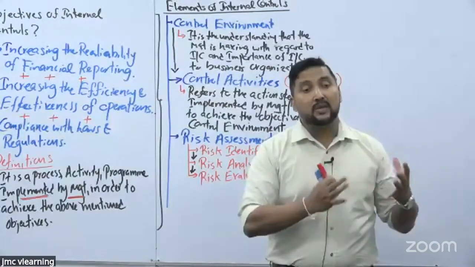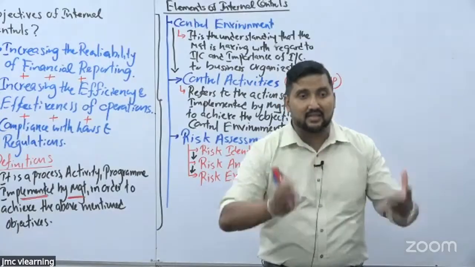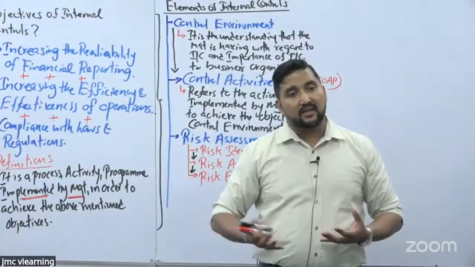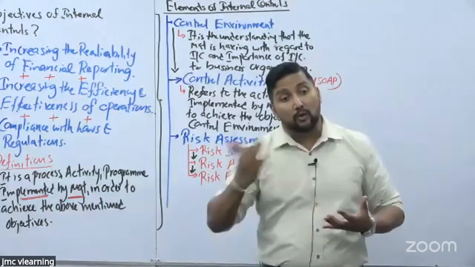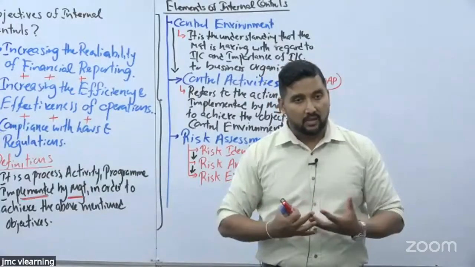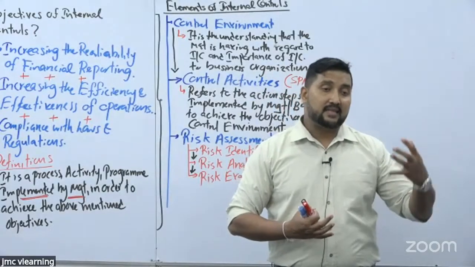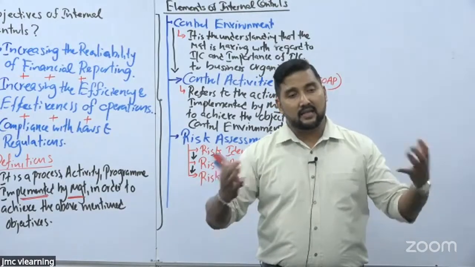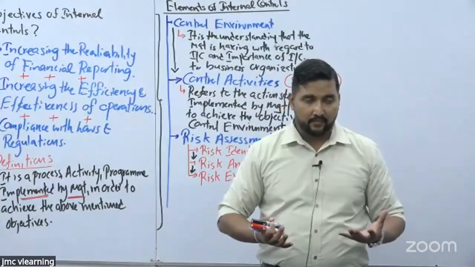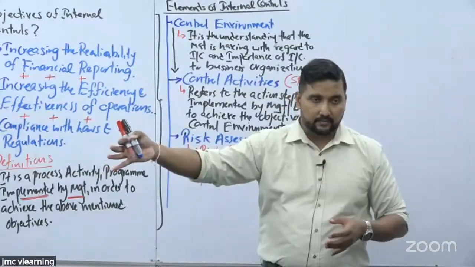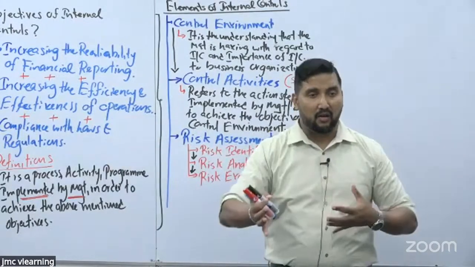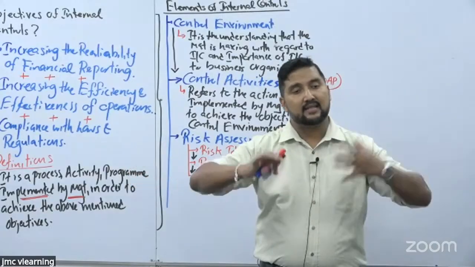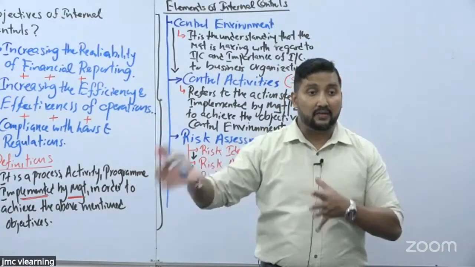So that is equal to internal risk. Internal risk occurs within the business organization, where you can have better control over it. But external risks are the risks which occur as a result of outside factors, where you don't have any control. So internal risk is controllable whereas external risk is not controllable. But despite whether it is controllable or not, you need to manage the risk. That is where risk management comes into the picture, which will be discussed under the risk segment separately, and is not covered today.